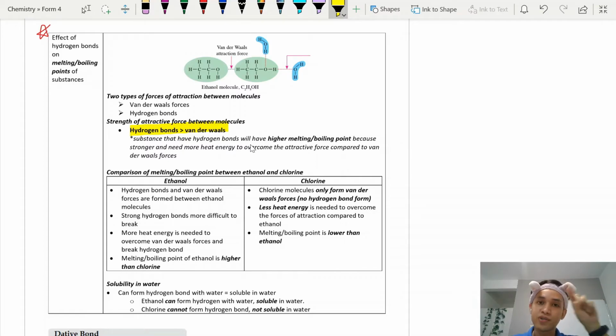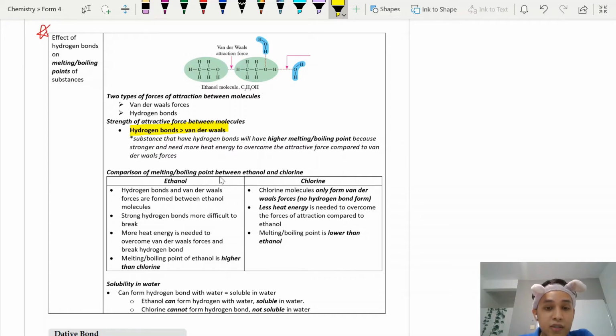So remember, if you have a stronger bond, you are going to need more heat energy, so your boiling point or your melting point will be higher. Remember the basic concept first: substances with hydrogen bonds will have a higher melting and boiling point compared to those with van der Waals forces. Okay, so we are going to look at the comparison between two different types of